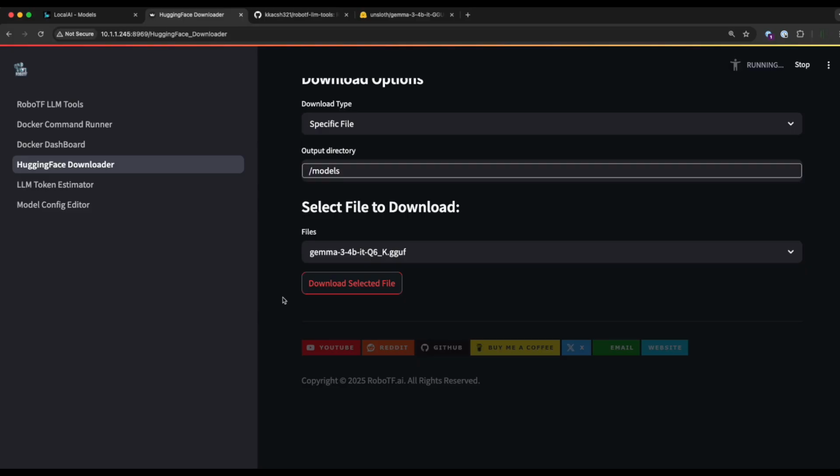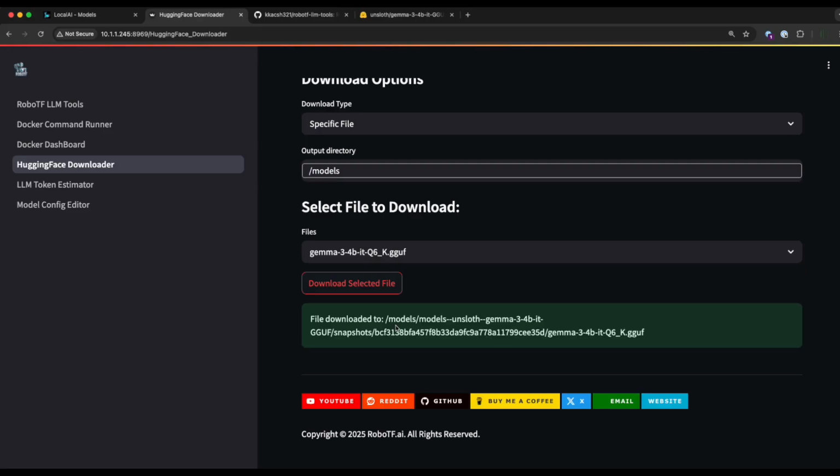We'll go ahead and let that download, and it's going to present to us a path down here that we are going to want to copy, and I'm going to show you that in just a second. So let's wait and let it finish downloading. Okay, so now you can see it says file downloaded, and then this big long path. This is your model's path, so it should show up on your local machine. We want to copy